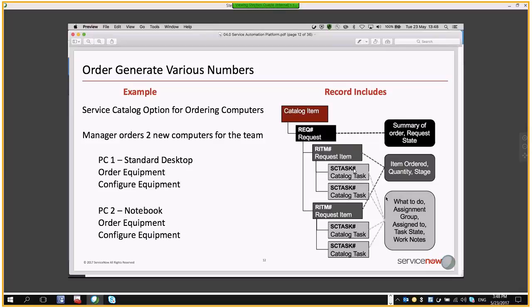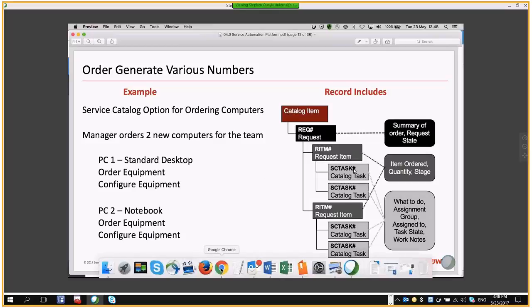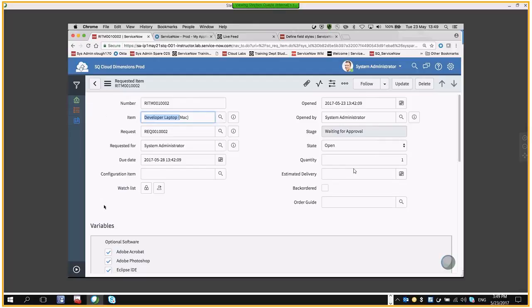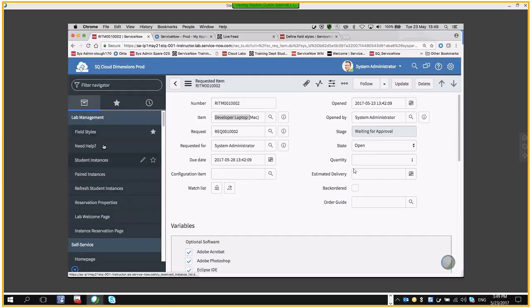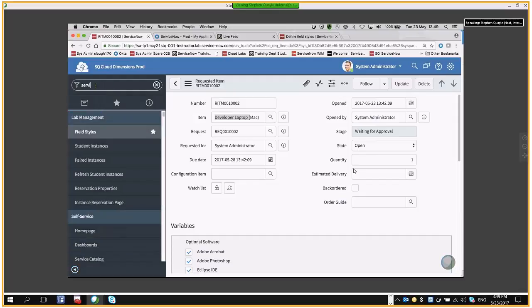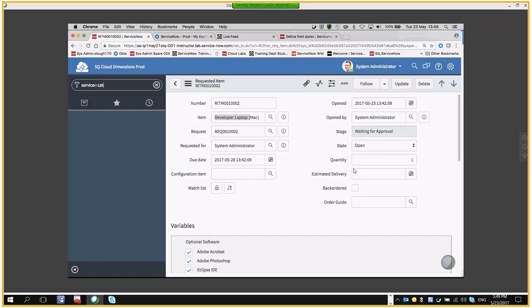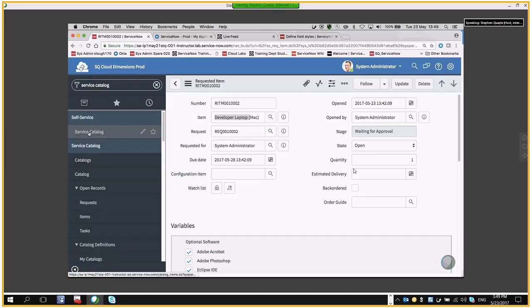Just got a question from James. Can you limit the amount of similar items that can be requested under one request? That is a really good question. Let's just have a look. I go to Service Catalog. The shorter answer will be yes, you will be able to do this, James. Out of box,